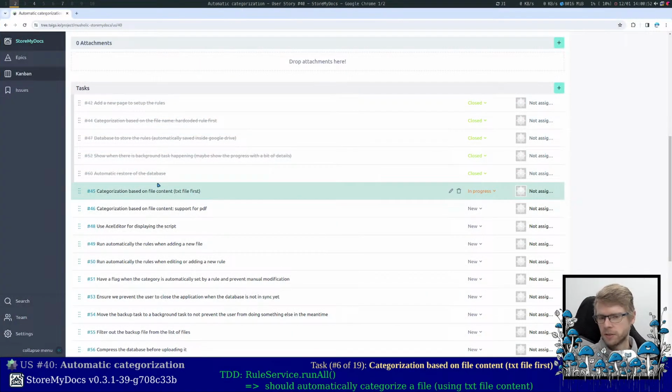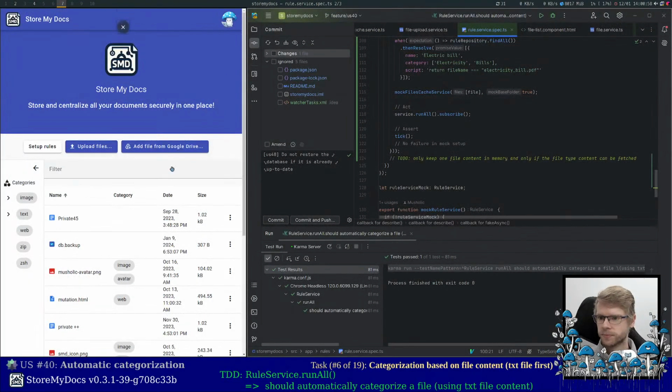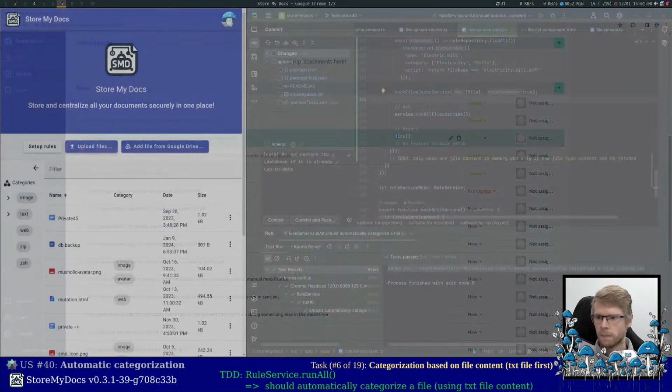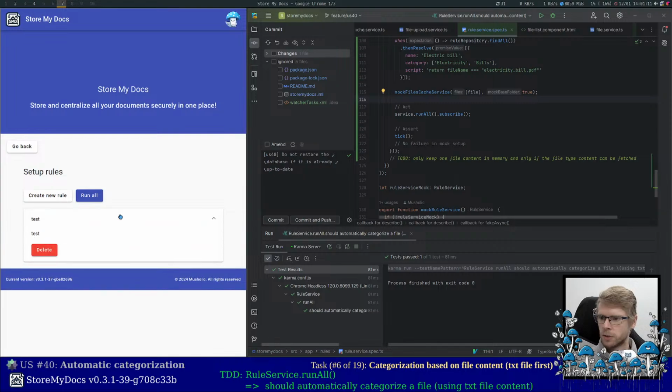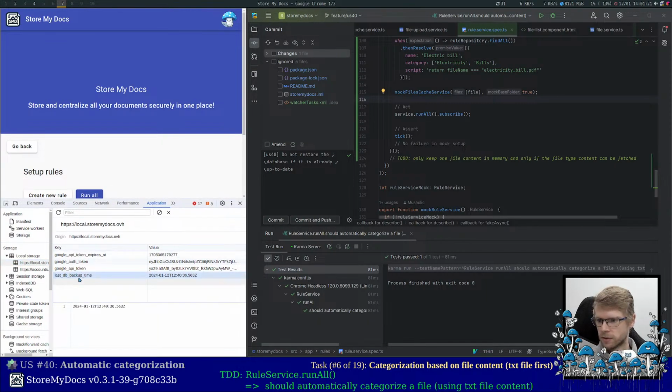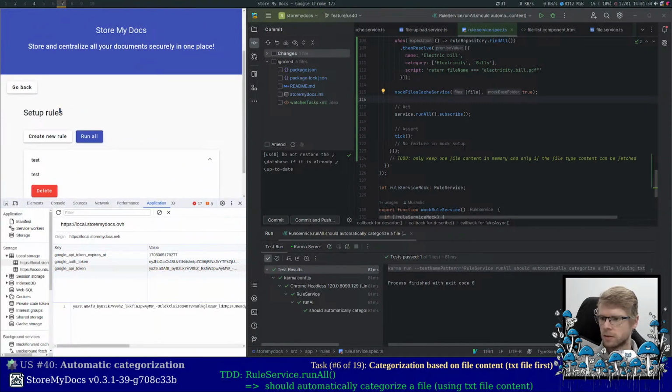So I finally finished the task on the automatic restore of the database. I can show a little bit how it's going. Here I have one rule which is stored in the local database, and I have this last DB backup time which I'm using in order to not restore the database every time. So if I remove this and then even if I change the page, I guess, but if I refresh,